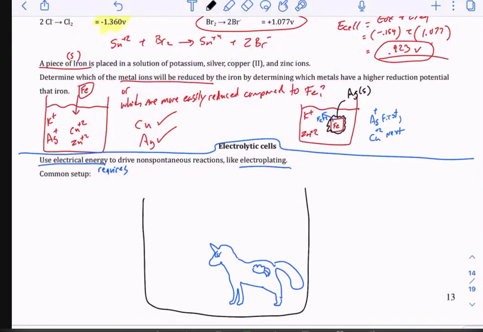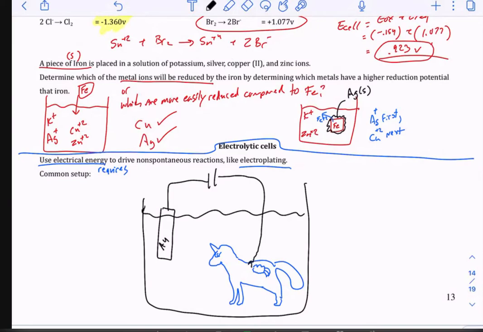Let's say she wants this to be gold-plated. So here's how I could do that. I will take a piece of gold and I will connect it to a power source. And the power source end, I will clamp it onto the pony. And I need a bunch of other electrolytes, some conductivity, so I'm going to have like a sodium nitrate solution in here. And all I need to do is send power, and what's going to happen is as this electrolytic cell runs,